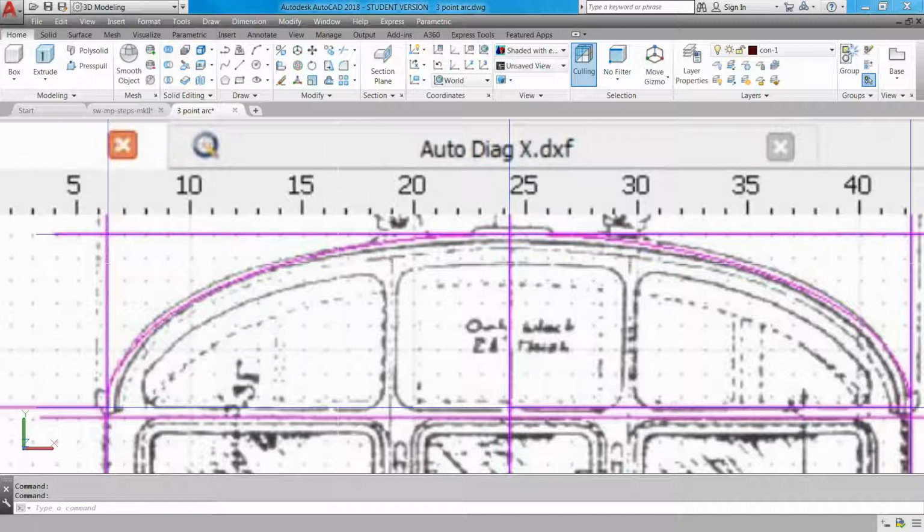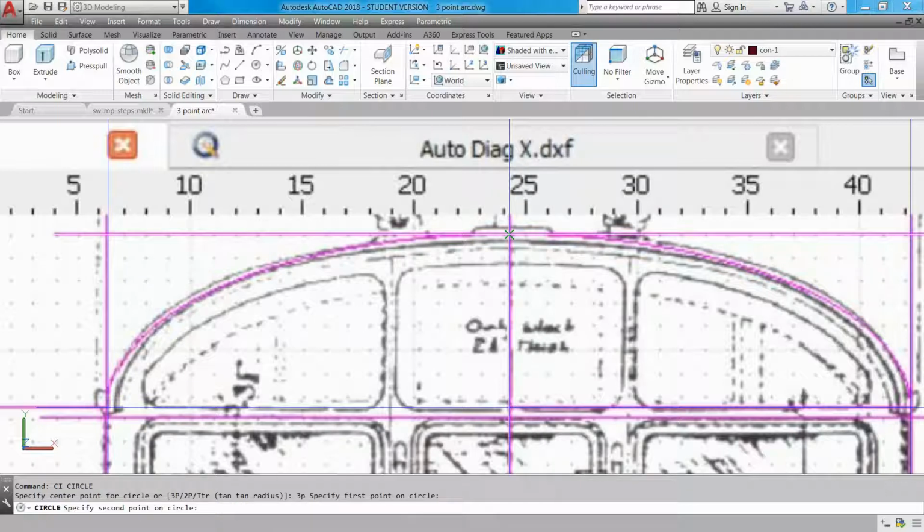you can use circle or arc. I like to use circle. That way I don't have to worry as much about point selection order in terms of like start, center, and end, and I don't have to worry about direction of the arc. And then in the end, I just come in and trim up all the extra pieces that I don't need. So I'll start out with a 3-point circle, and I'll